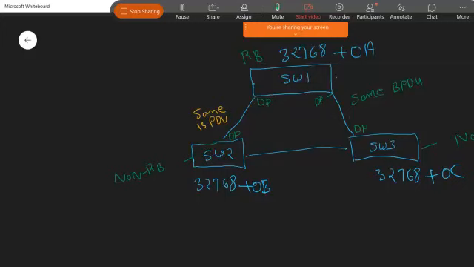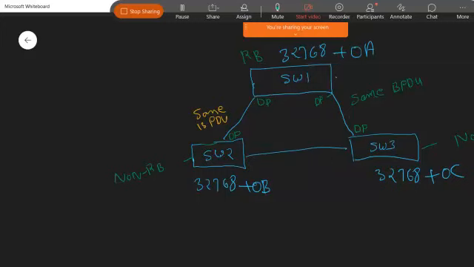Because now, if I say this can be the DP port or this can be the DP port, both the switches are going to start generating the BPDU messages, right? So in this case, they will not be able to reach from here. That is why the election criteria is going to occur again in this topology.